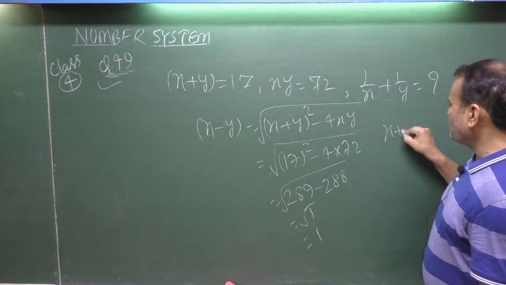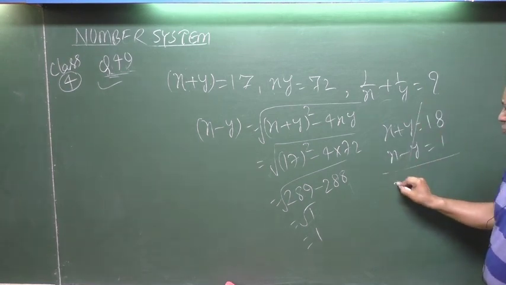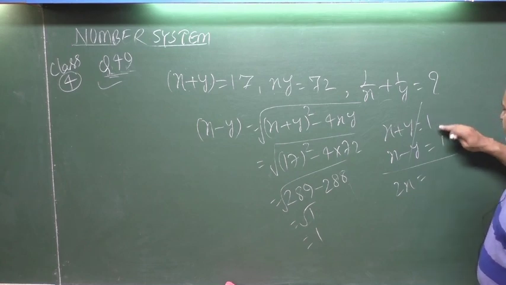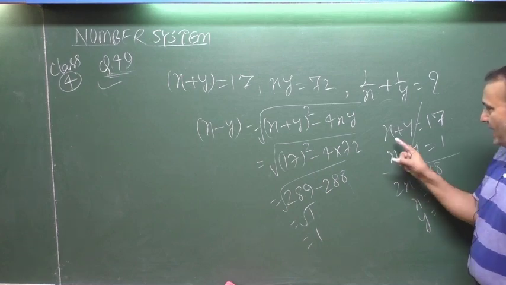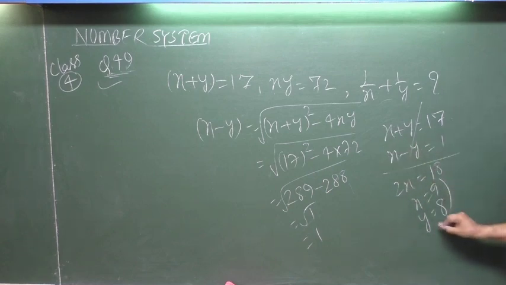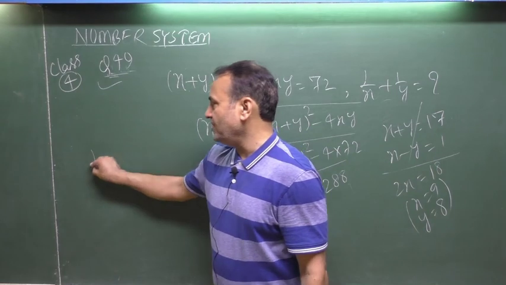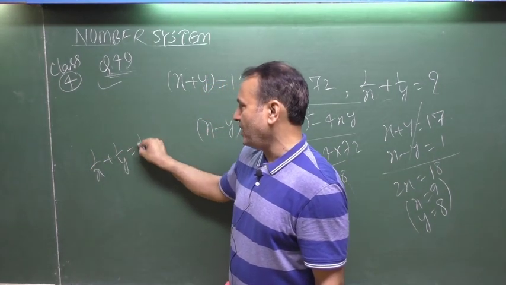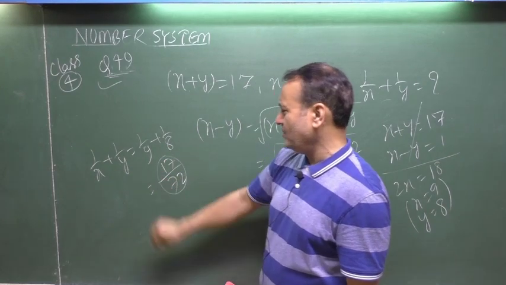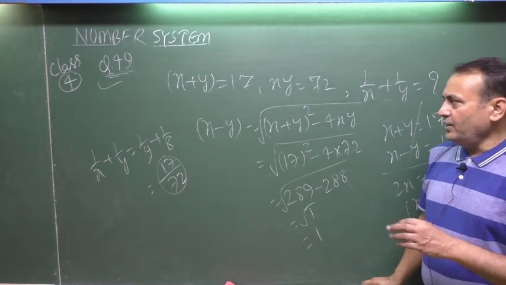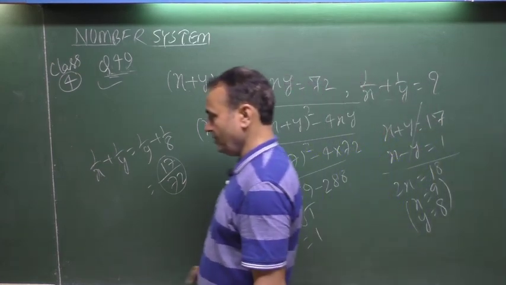That means see here, x plus y equals 18, x minus y equals 1, that means 2x equals 18, x equals 9. If x equals 9, y will be 8. Thus, you got x and y, 9 and 8. And then, in order to have the answer 1 by x plus 1 by y, 1 by 9, 1 by 8, then 72 and 17. Write down. This is your basic method. If you cannot guess in the examination hall very fast, certainly you should have the help of this. Okay.